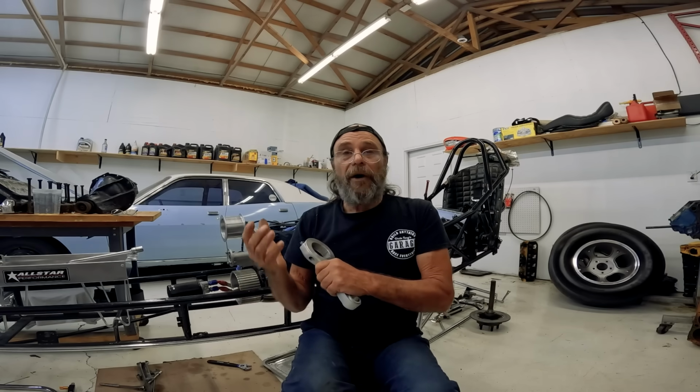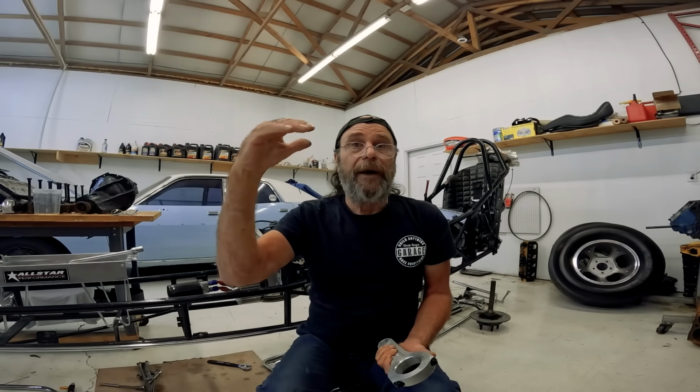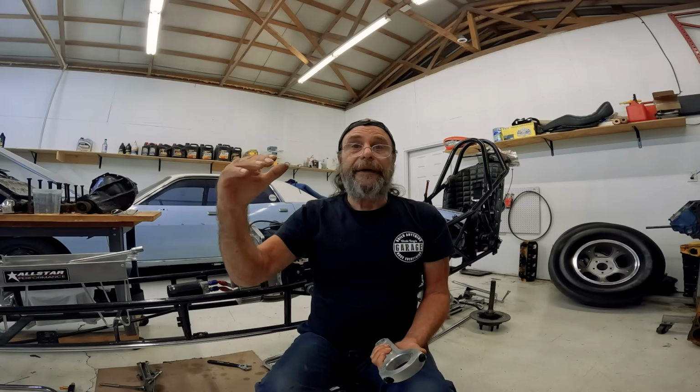And the reason for that is because the rod ratio dictates the acceleration rate and the deceleration rate. Very important, because remember now, nitro is operating at the bottom of the stroke. It's making power at the bottom of the stroke. So the deceleration rate of the piston becomes a crucial element. The quicker the piston decelerates on its way to zero, remember, the piston's speed is zero at top dead center, it's maximum at 90 degrees past, that's as fast as it's going to go, and then it reaches a dead stop again at the bottom of the stroke. The rod ratio dictates how quickly it accelerates from top dead center to 90,